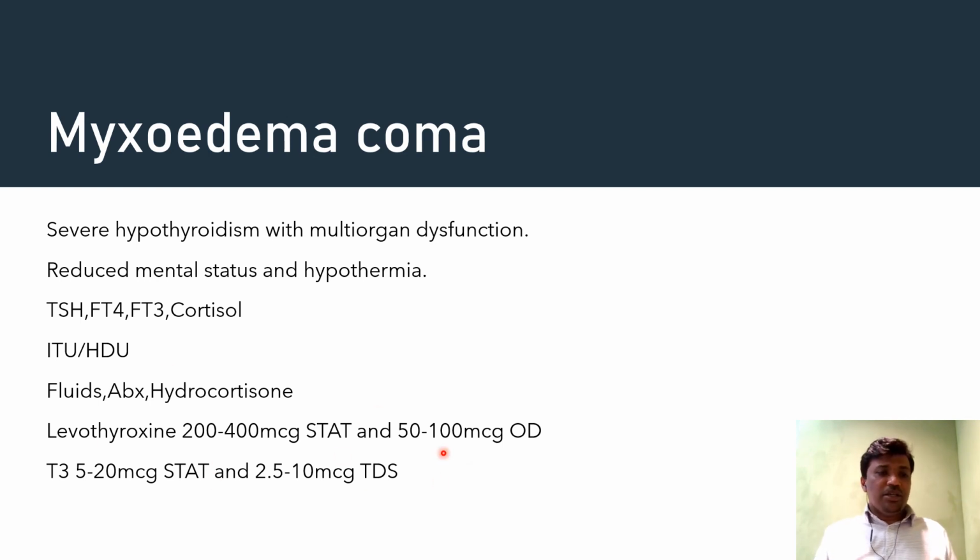These patients are quite sick, probably on ventilators or in a state where they cannot take medications, so you might need to consider intravenous levothyroxine. Give 200 to 400 micrograms stat, then continue with 50 to 100 micrograms once a day intravenously until they are well enough to take tablets through NG feed or the oral route. You might need to consider T3, triiodothyronine, as well here. You might need to give 5 to 20 micrograms stat and then 2.5 to 10 micrograms three times a day